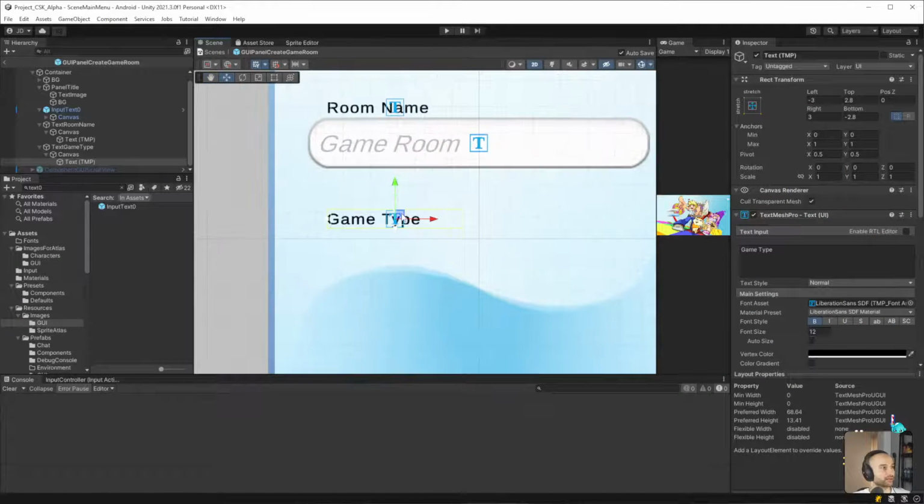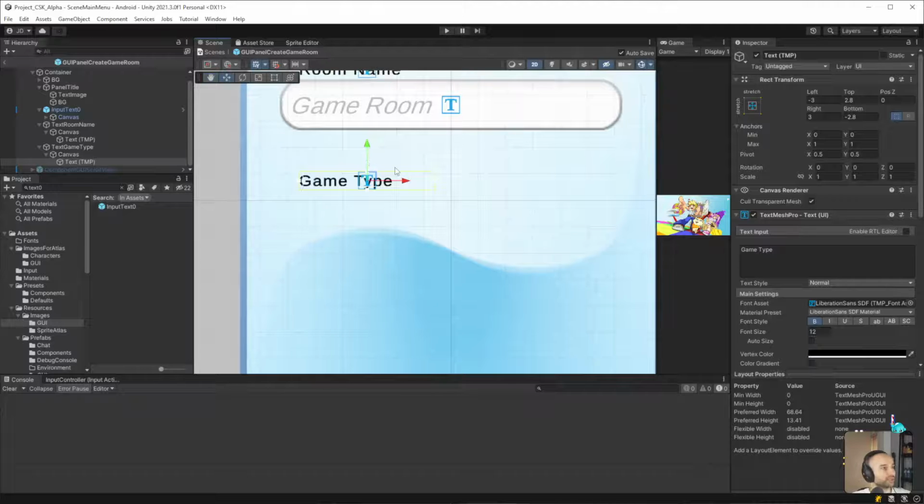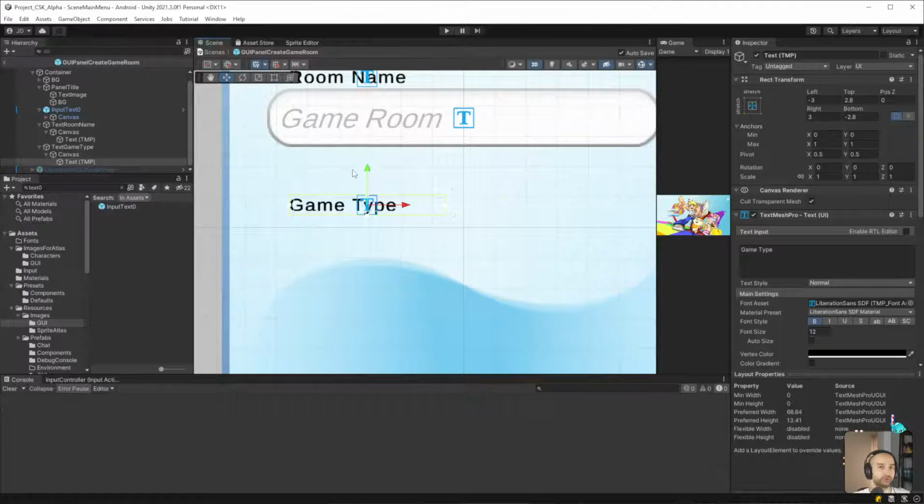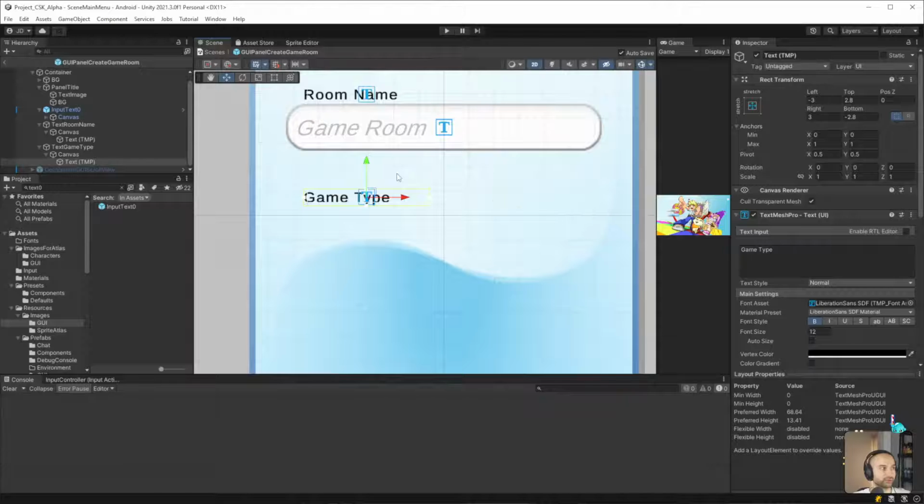Yeah, that's what I'll do. So we'll make it a game type. I'll need to make some simple radio buttons, but I already have the code logic. It's just a matter of creating a very simple graphic. And I'll give it a background too.